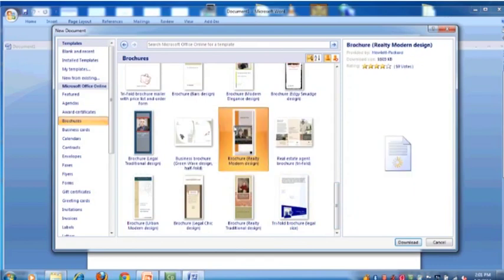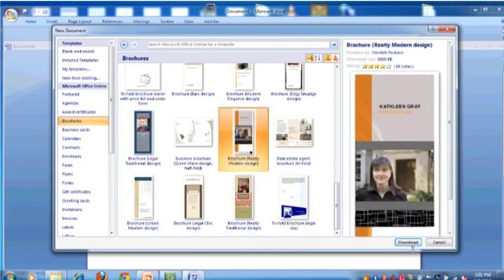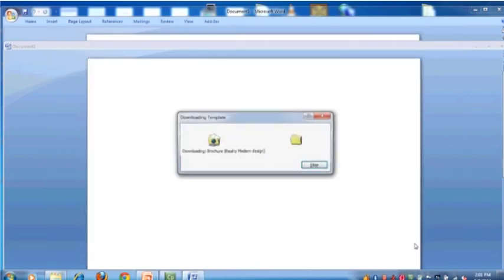Okay, let's select one, and the next step is to download that brochure. The good thing about downloading the brochure and then inserting your material on it is that along with your material, you can also add a lot of pictures that might look good to your audiences.